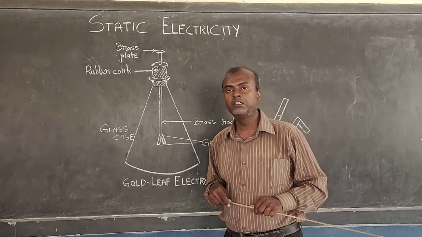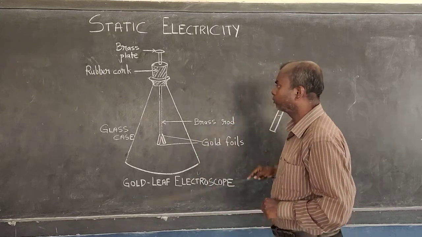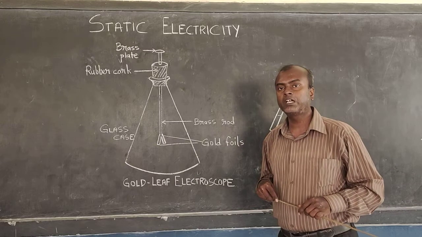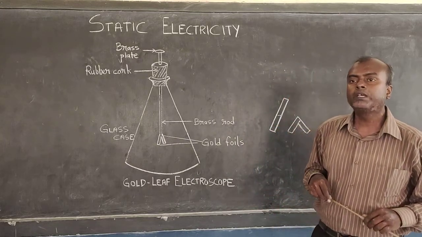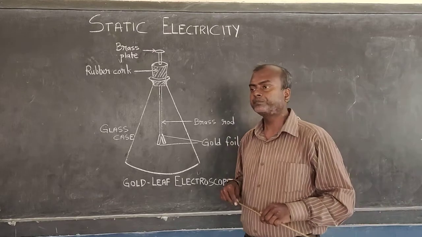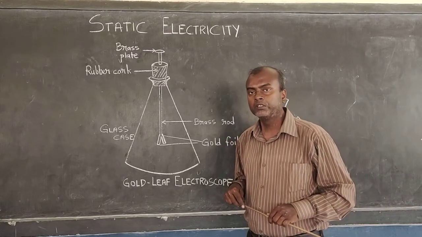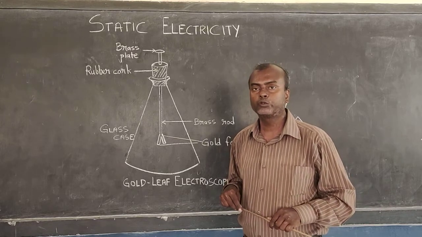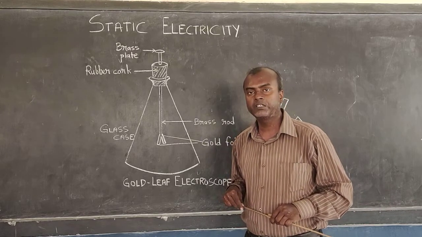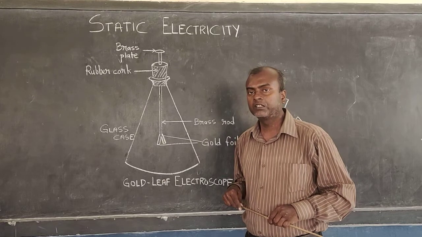Similarly, first things first, we have to charge this electroscope with either positive charge or negative charge. We have two methods of charging it, and in the former period I gave a video on how to charge an electroscope: charging by conduction and charging by induction. Let us discuss